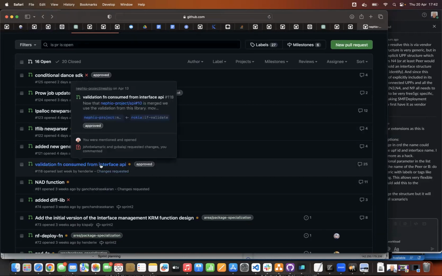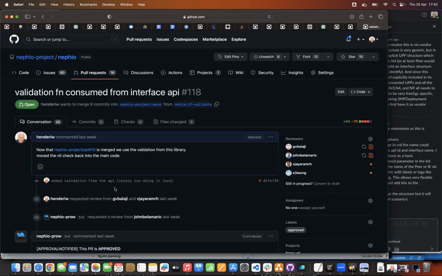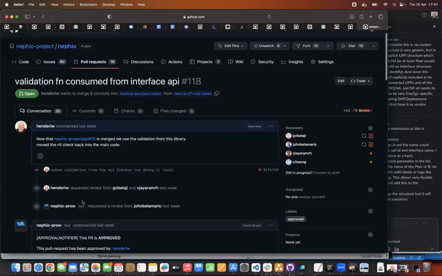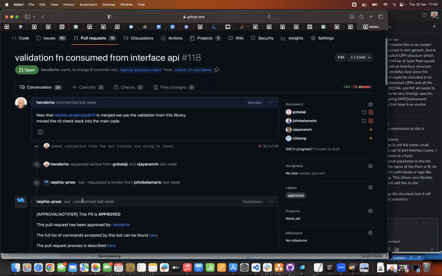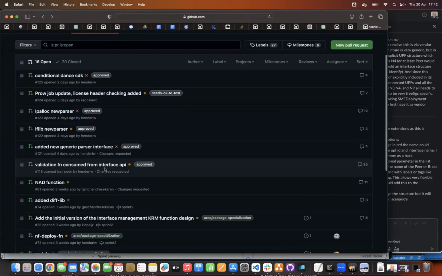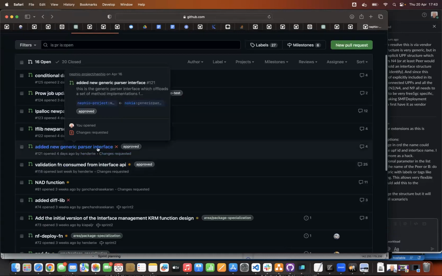Okay, then which one are we next? Validation function interface. What is this one? This merge. So that is the rework. Okay, I think this one can go to the bin, by the way.